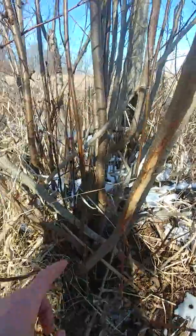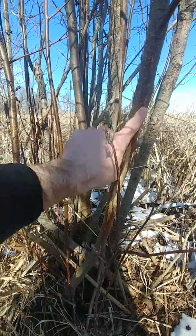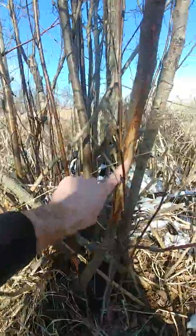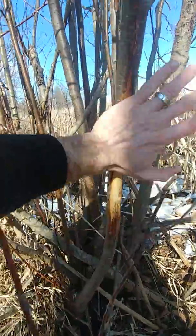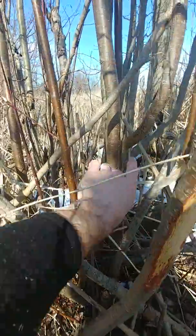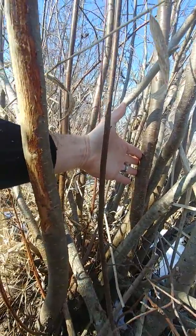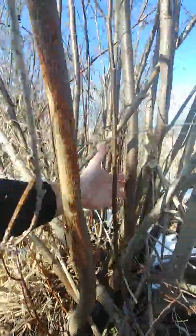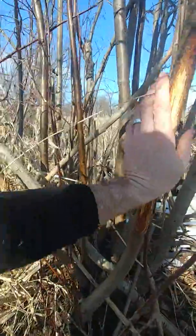What I look for here is you've got a rub. Not only is there a rub here, I mean it's fairly tall, but the deer was strong enough to push this, and it's about 1.5 inches in diameter, to push this back, and he's hitting his tines here. So if his tines are here, and you can see that's quite a ways back, that deer's got some antlers to be hitting there when he's rubbing out here, even when he's pushing his back,